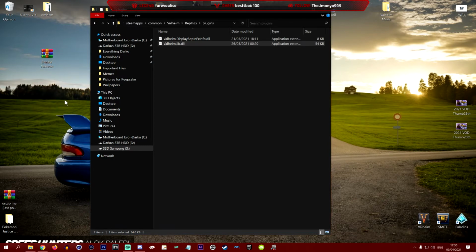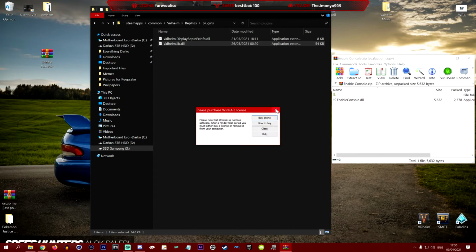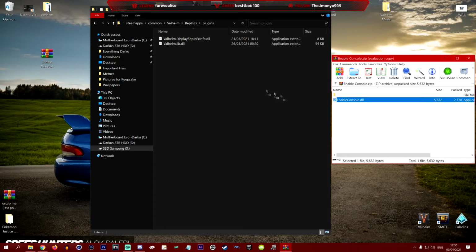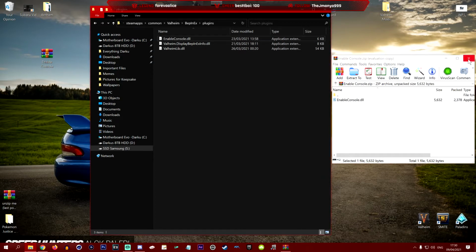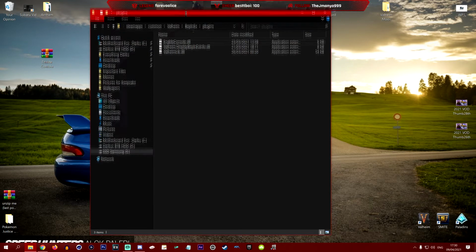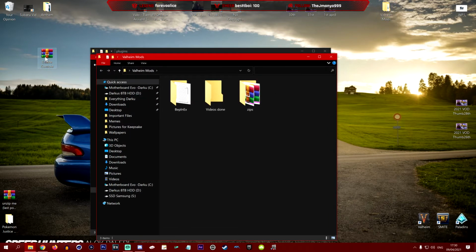And again, the 4th one, which I do recommend that you grab, is Enable Console Commands. We're already in BepInEx and the plugins. The only thing you need to do from there is open Enable Console and drag Enable Console.dll into your plugins. We're going to now close this. And honestly, I would say keep this up whilst you're trying to debug your own game. Well, actually, we don't want to delete that. We're going to go into Valheim mods, and go to Enable Console, and we're going to drag that